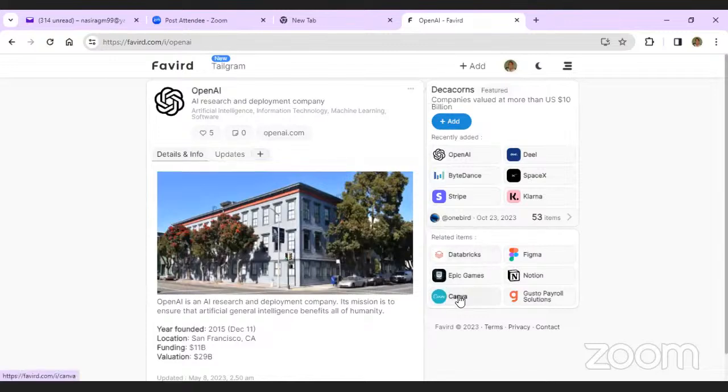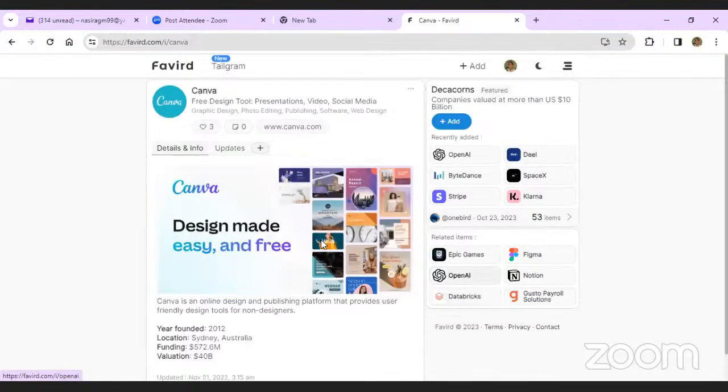And Canva, I think many must have used it. It's such a beautiful presentation tool, for presentations, for video, for social media. Many of our social media presentations are developed with the help of Canva. And this is free actually. It's a free tool, you can download it, and it helps excellently in presentations. For our students, we can use this. So this is the website, www.canva.com, through which you can create your own presentations.